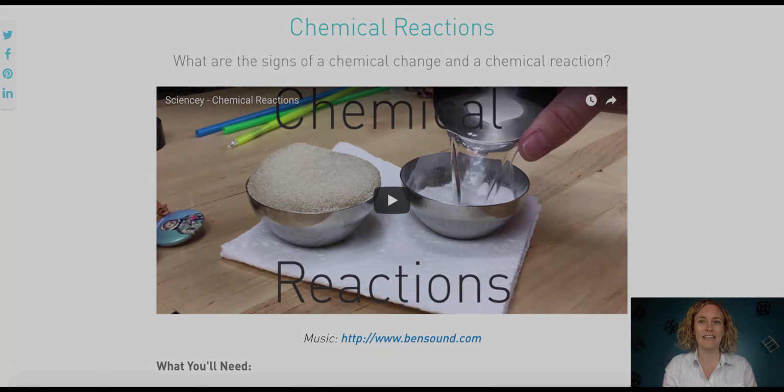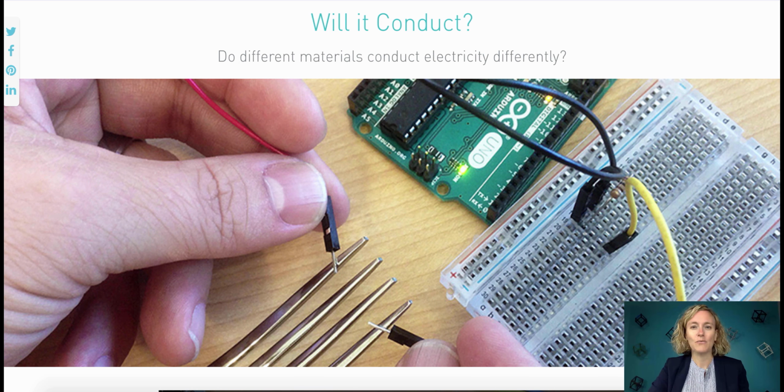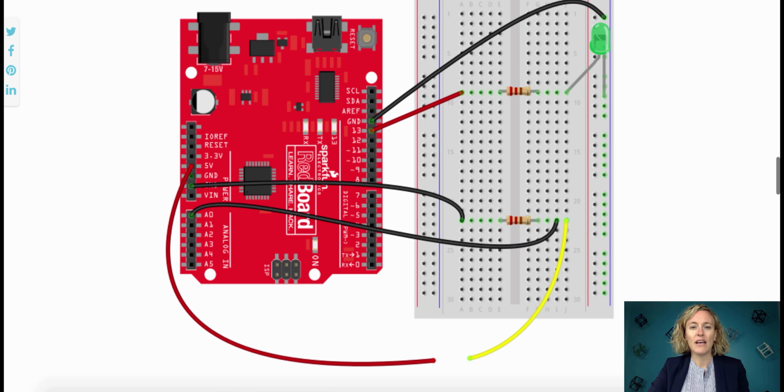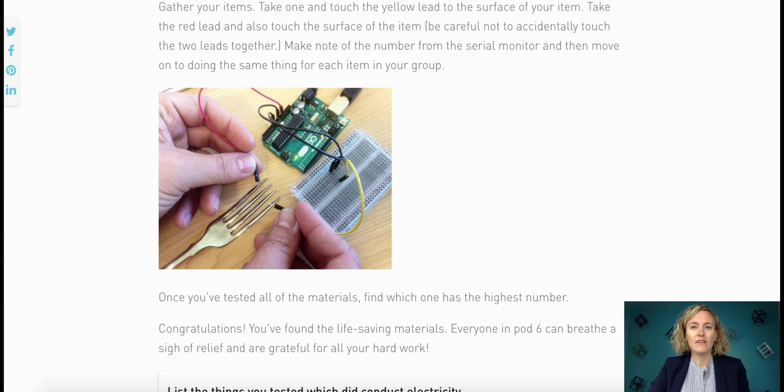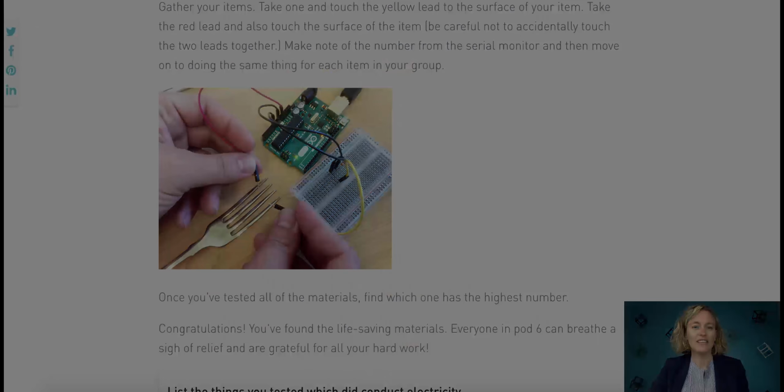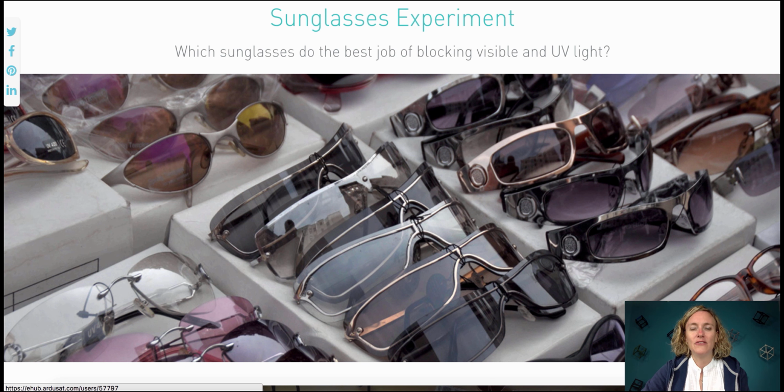or exothermic. In the experiment titled Will It Conduct, the students will build a circuit using the breadboard and the Arduino, and then they will gather things from around the classroom and test them to see if they conduct electricity. In the Sunglasses experiment, students use the luminosity and UV sensors to take data. The students then interpret the data to determine which pair of sunglasses blocks the most visible light as well as